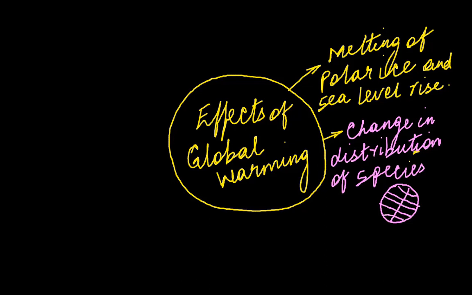Now, generally, suppose an organism lives here at this point, and now it becomes too hot there. What will happen is, this organism will migrate further north, because as you move away from the equator, it gets cooler. Is it clear? And if an organism is living in the southern hemisphere, it will move further south. So in general, species will start to move further north in the northern hemisphere, further south in the southern hemisphere